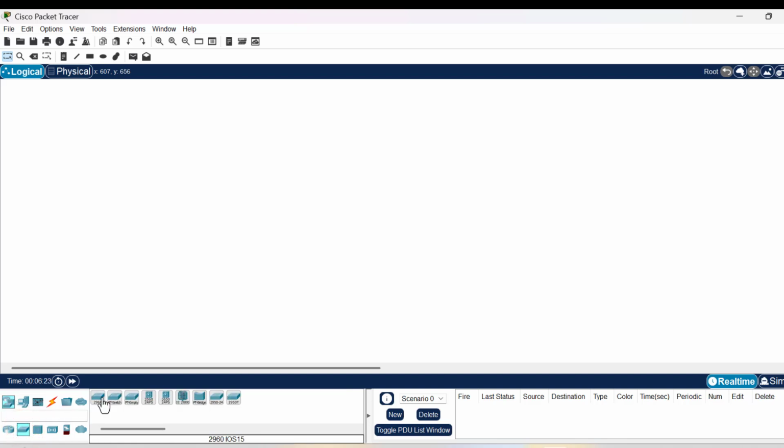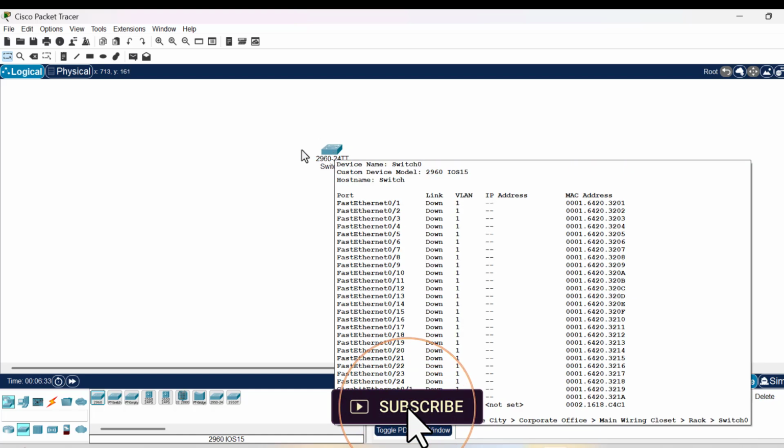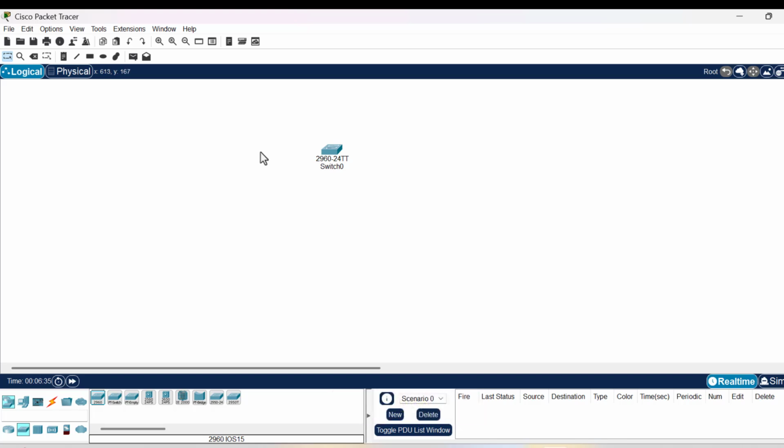In this video, we use a switch because it is a central device that connects multiple devices in a local area network and allows them to communicate efficiently. In the next video, we are going to use a router because we will connect two different networks. But in today's video, we will use a switch because we are going to connect a local area network, or the same network. So I will add two computers,